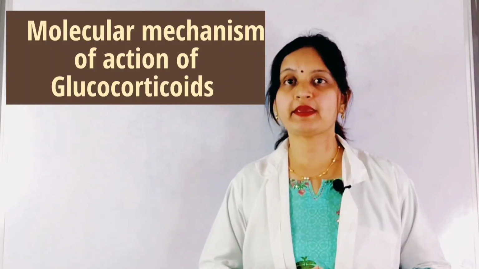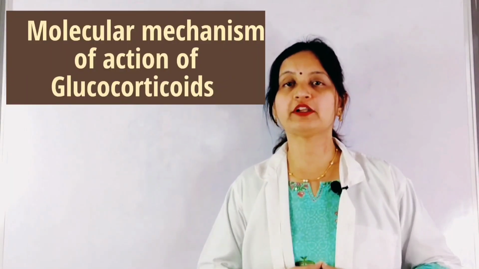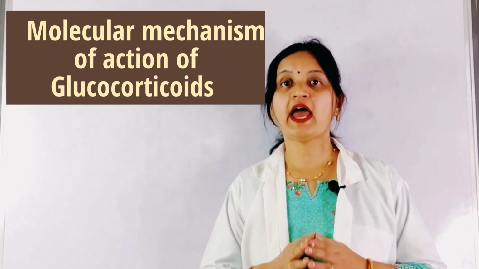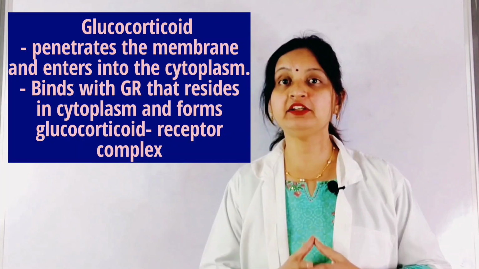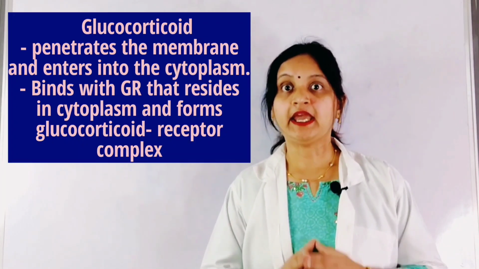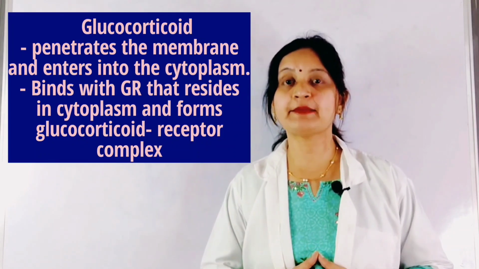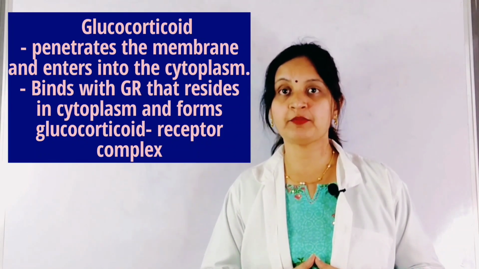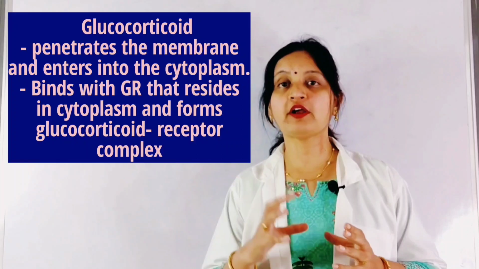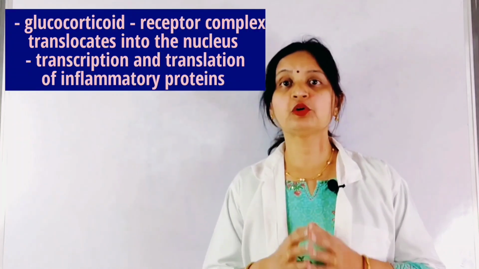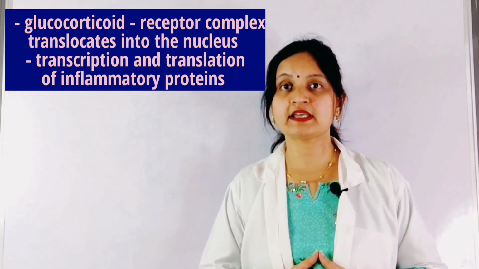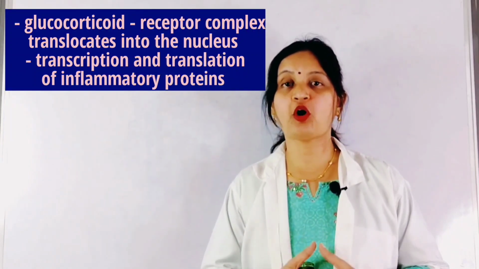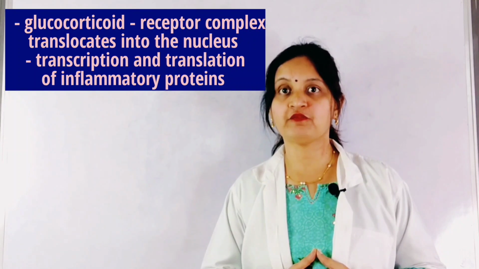So, what is the molecular mechanism of action of glucocorticoids that is responsible for anti-inflammatory actions? Glucocorticoid has the ability to penetrate the membrane and enter into the cytoplasm. It binds with the glucocorticoid receptor that resides in the cytoplasm and forms the glucocorticoid receptor complex. The glucocorticoid receptor complex then translocates into the nucleus and causes transcription of genes that are responsible for the formation